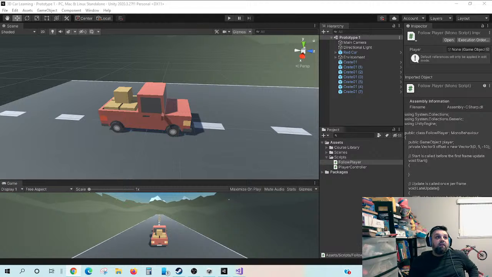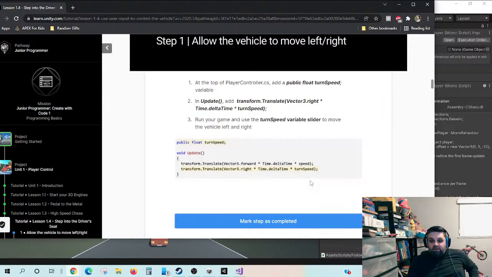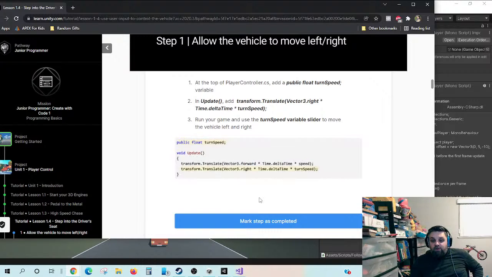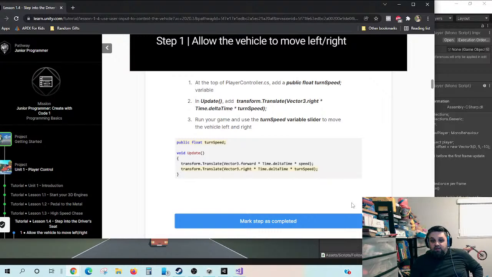What does it say? Yeah, I'm trying. They give you the code to begin with, so I'll show you. I still have you guys on camera, right? Yes. Okay, so as you guys can see, they kind of share this image, which is pretty nice. So we could see what we're going to be doing. Transform, translate, vector 3 forward, vector 3 right, time slash delta, turn speed. So public for turn speed. So we're going to learn,